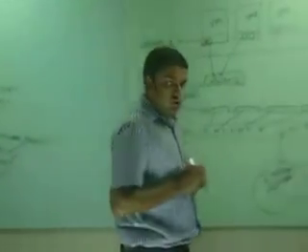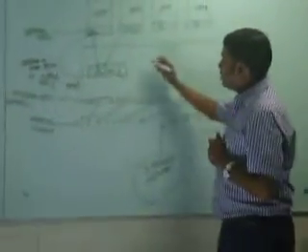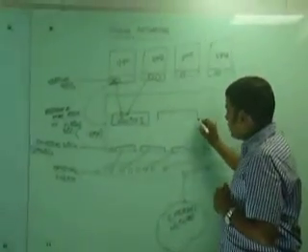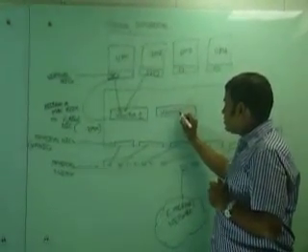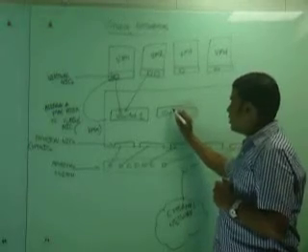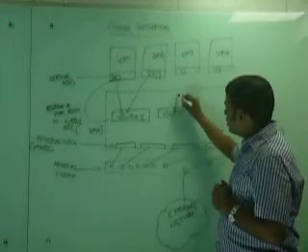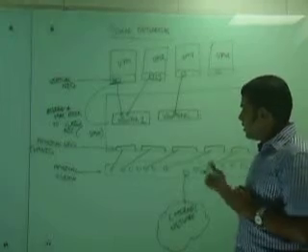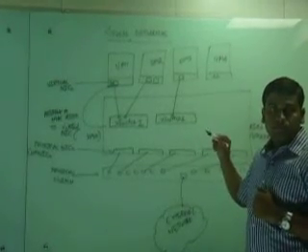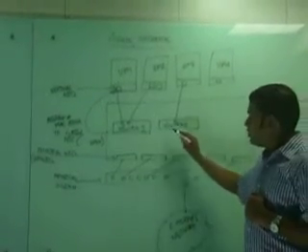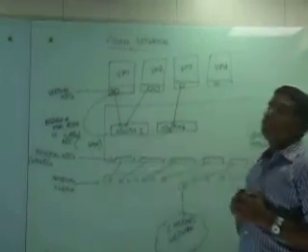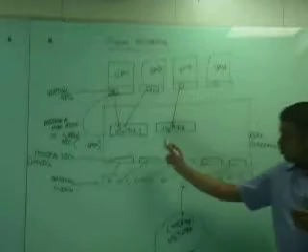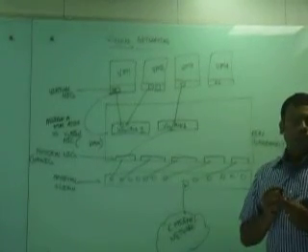Now, if you want to do that, what you would have to do is create, for example, another virtual switch. Let us call this vSwitch2. Create a virtual port, connect it to your virtual machine, and any guesses now? Then connect it to the physical NIC. Now you have a path to go outside.